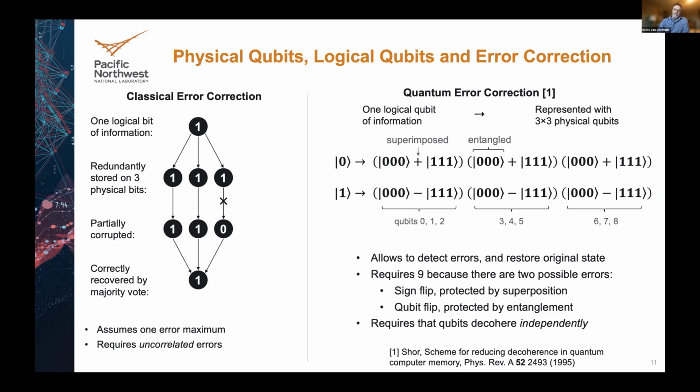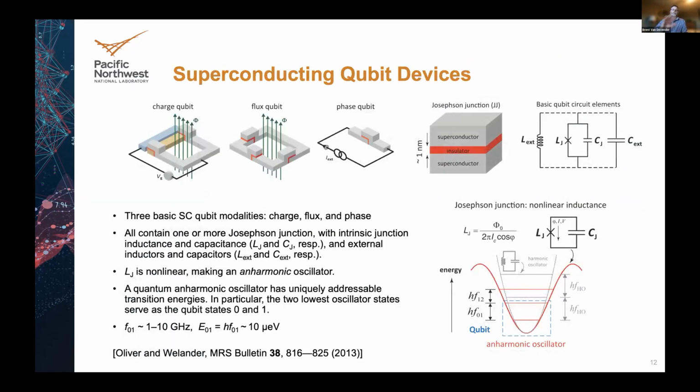Like in the classical case, it's critical that these errors are relatively rare, such that only 1 qubit will fail during the time of one error correction cycle, and they have to be uncorrelated. This has to happen independently, or you'll reach the wrong conclusion. You won't be able to reconstruct the state that you had intended. So all that so far is generically true of any kind of qubit. Now I need to talk about a specific technological implementation of qubits. So I'll talk about superconducting qubits. There are a number of other candidates out there.